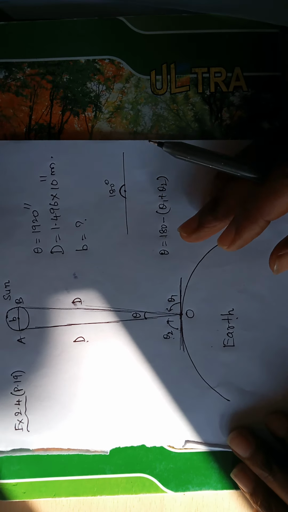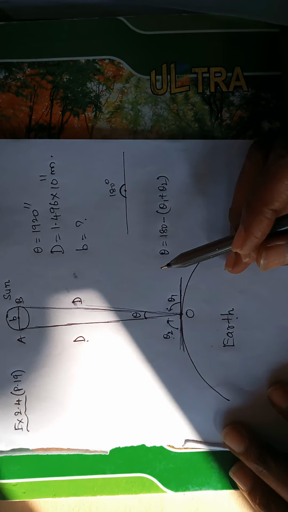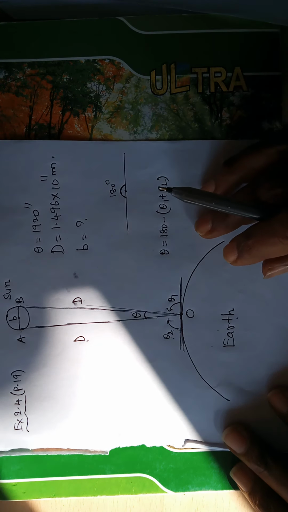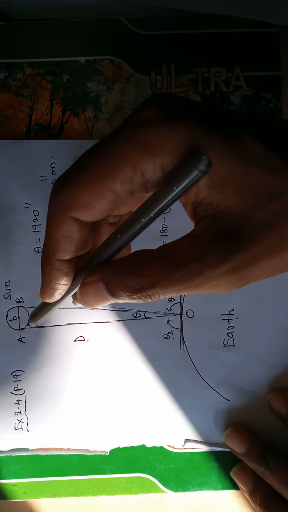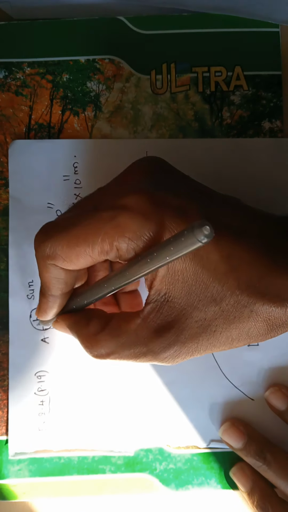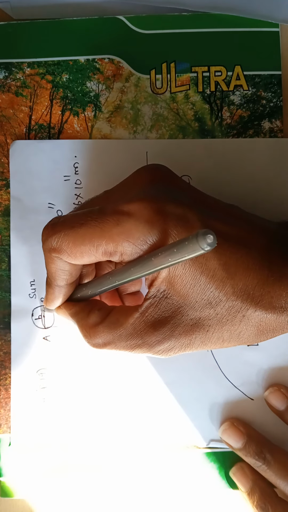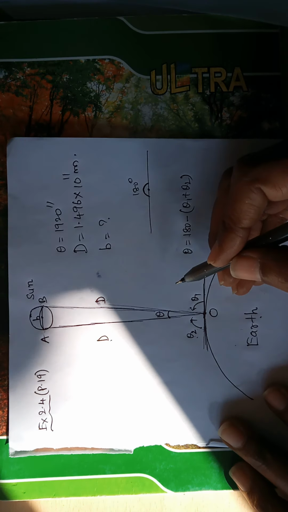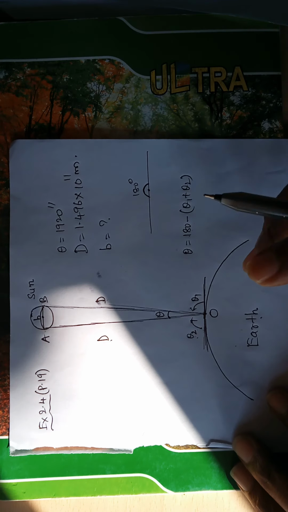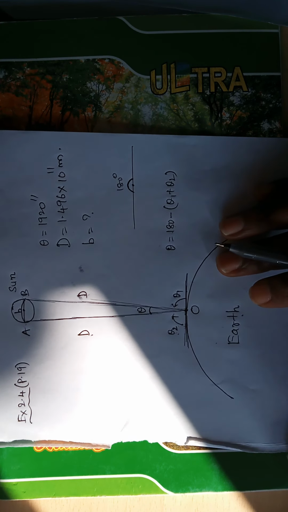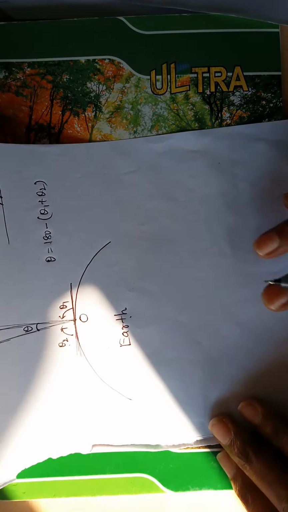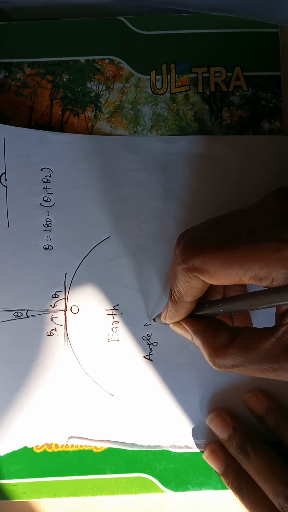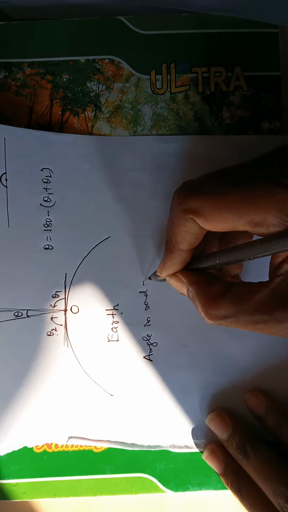See again the same thing. Since the sun is far away, this triangle can be safely approximated to a sector. And when it becomes a sector, this straight line AB, the diameter, becomes an arc. And OA and OB become the radius of the circle. So again what do we write? Angle in radian is equal to